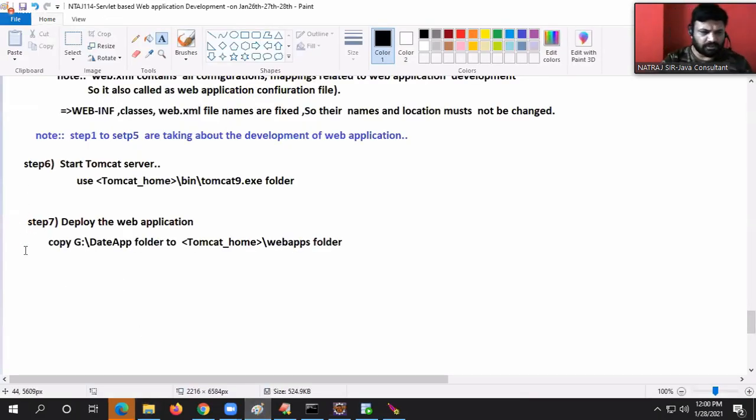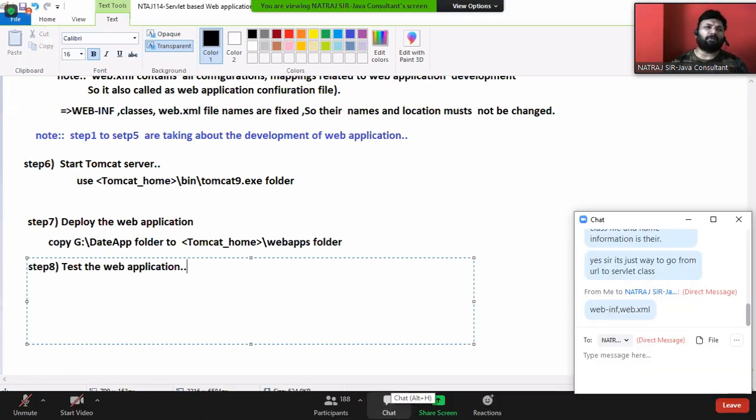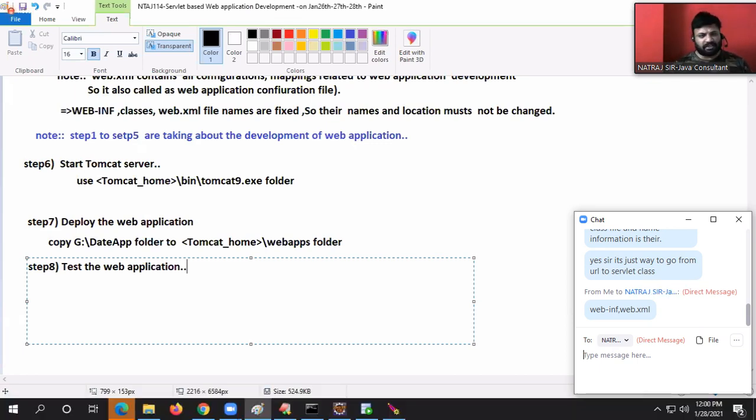Yes. Next one, step number 8. Test the web application. Tell me, guys, what is the meaning of that? Slash first we have taken. What's the meaning of that? In the request URL, I'm going to have slash first. Then that request will be trapped and taken by the web server and will be passed to what? Web application. Understanding my statement, right?